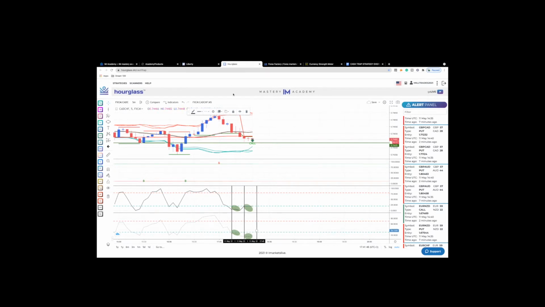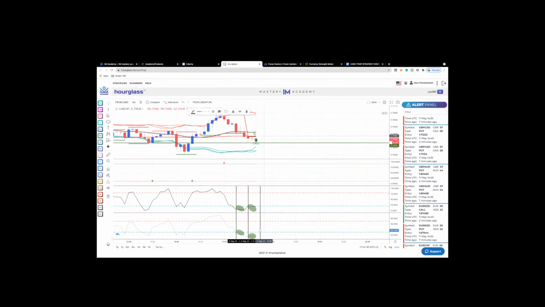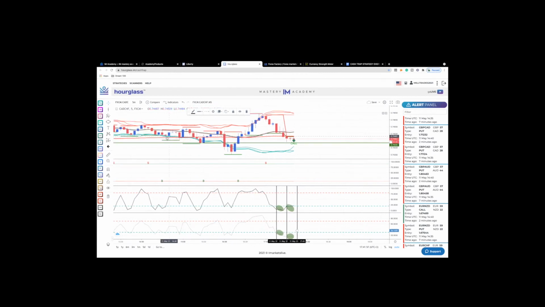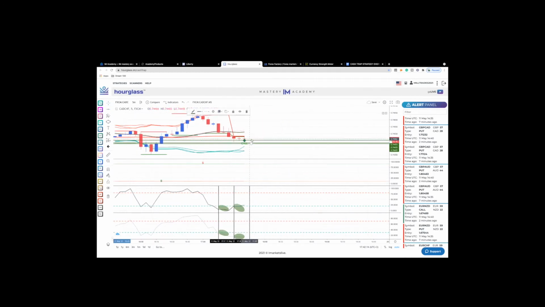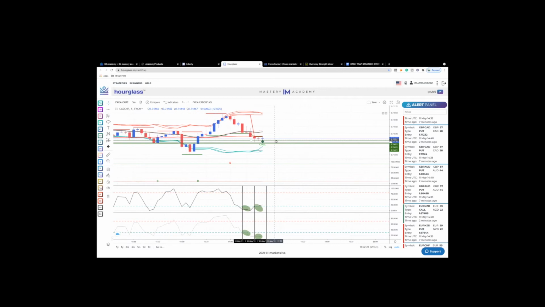Yeah, so the reason being, for this play, it may take a little while to actually play out. If you look past here on Hourglass, there's 1, 2, 3 support boxes that it needs to crash through. So that's like an invisible resistance. If I were to draw this line, it'd be just a bunch of lines it needs to crash through. And you see how it's having trouble right now? So those are good